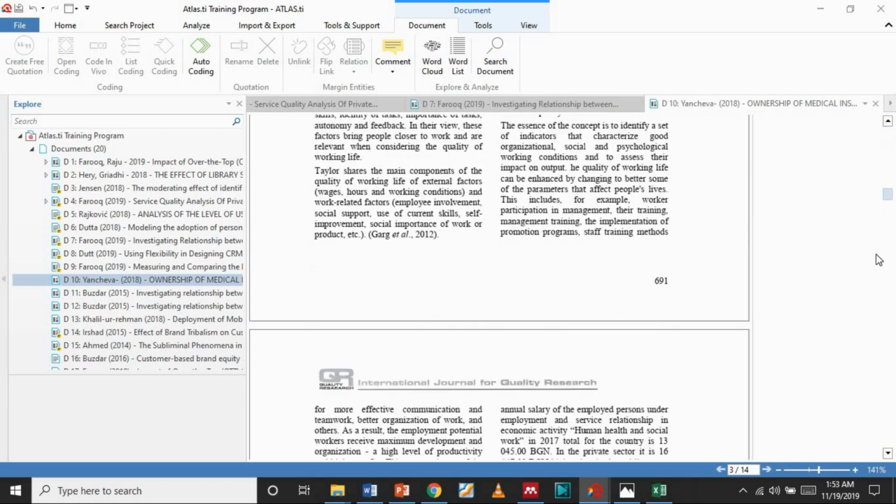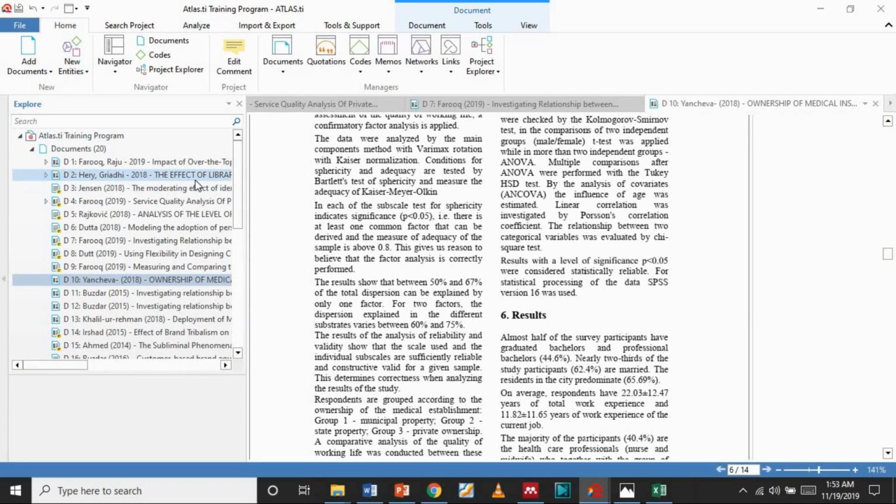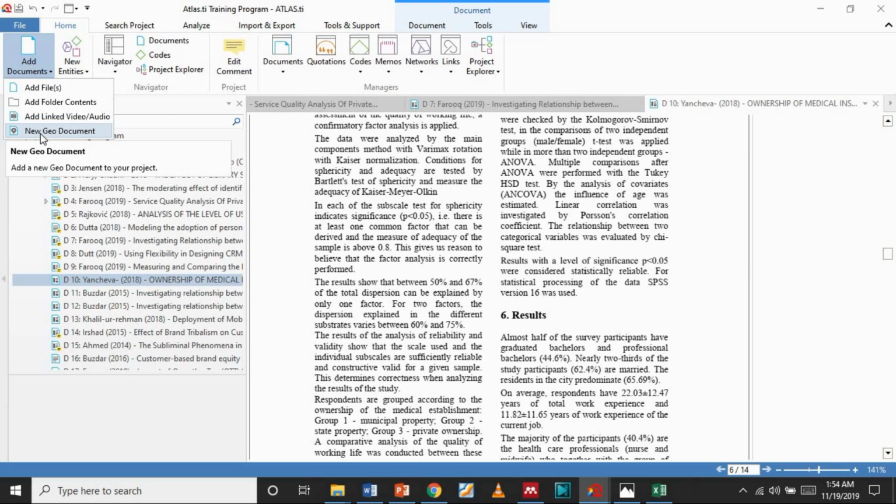So that's all I wanted to share today. You now have the report, you know why it is used, and this is not just limited to articles. You can import text documents, you can import any folder, you can import any video, audio, you can add any map inside it. So there is no limitation in ATLAS.ti. I hope you find this